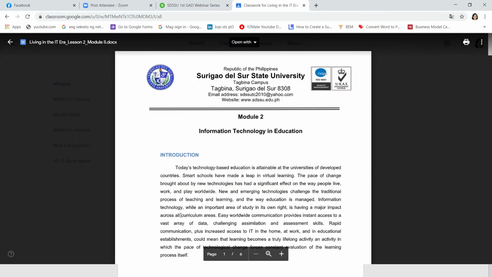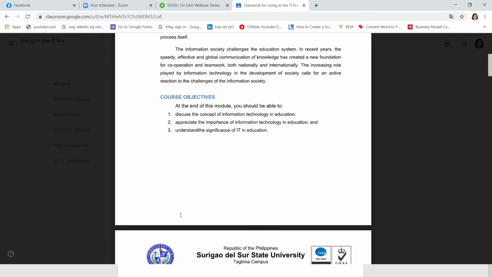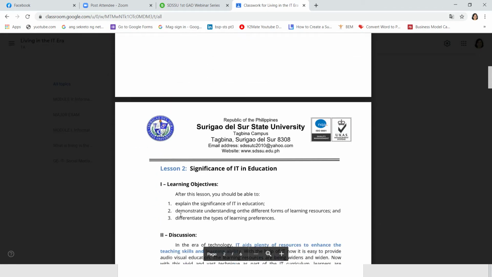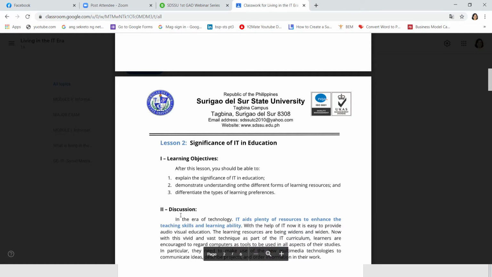This is module 2, information technology in education, under that topic. So we'll go directly to the topic. Lesson 2, significance of IT in education. The learning objective of this topic is that students should be able to explain the significance of IT in education, and also to demonstrate understanding of the different forms of learning resources and differentiate the types of